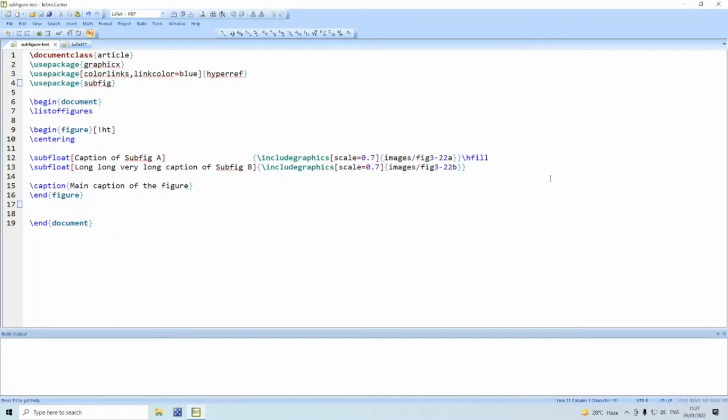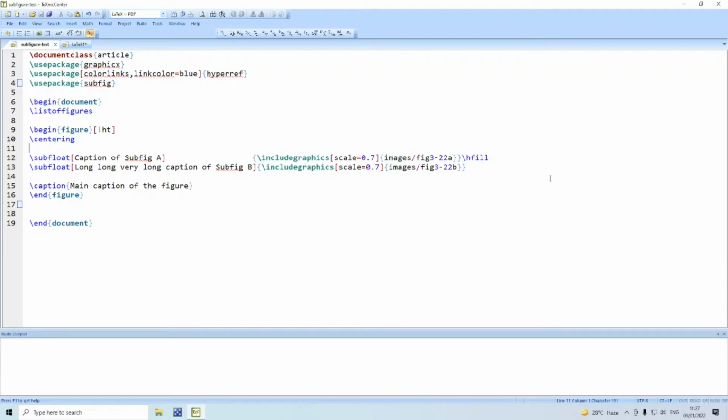Let us now take the TeXnicCenter editor, in which we have got a simple file, document class article with the packages graphics, hyperref and subfig. Remember, in CTAN, we have got one more style file by name subfigure.sty. It has got problems, therefore it is no longer used. Its successor, subfig.sty, is very much in use. Even in my other video on figures in LaTeX, I have used only the subfig package.